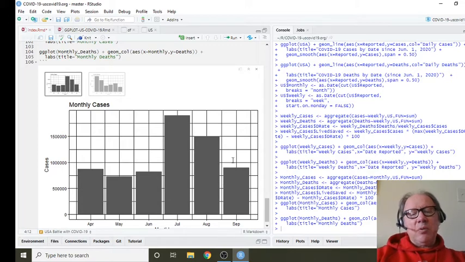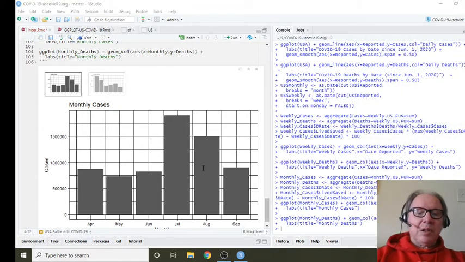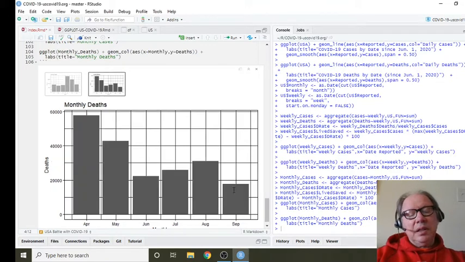My guess is that one more day here isn't going to make that much difference. I think we're still going to finish below the total for last month's. Of course, there's only 1 day difference between these two. Deaths, again, 1 day's difference. We have a good chance of not breaking August numbers as far as deaths for the month, even with the one less day.